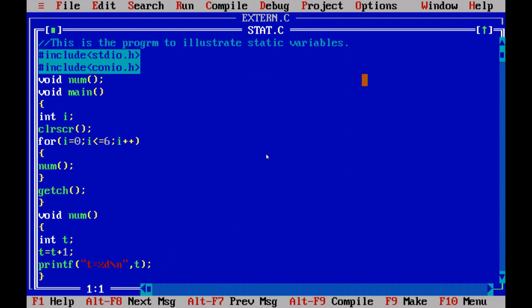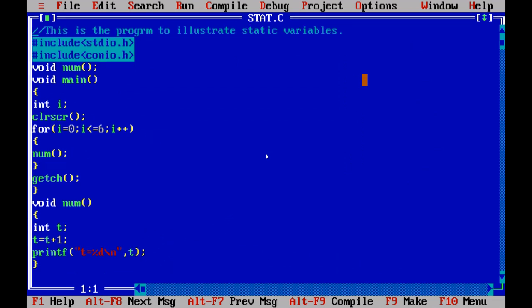Yes, you just see here, this is a program to illustrate the static storage class. As usual, I have given the comment section, and I have included the header files as usual, and I have declared one function as void num. Okay.